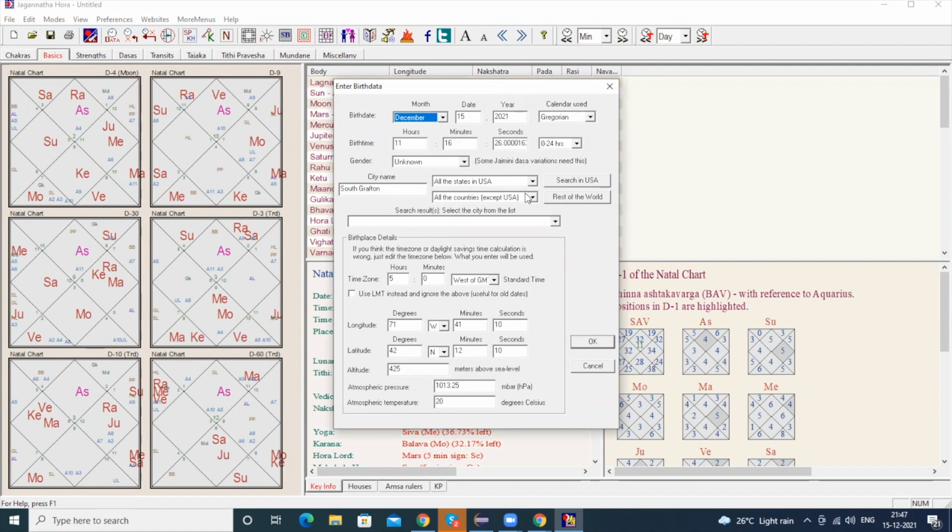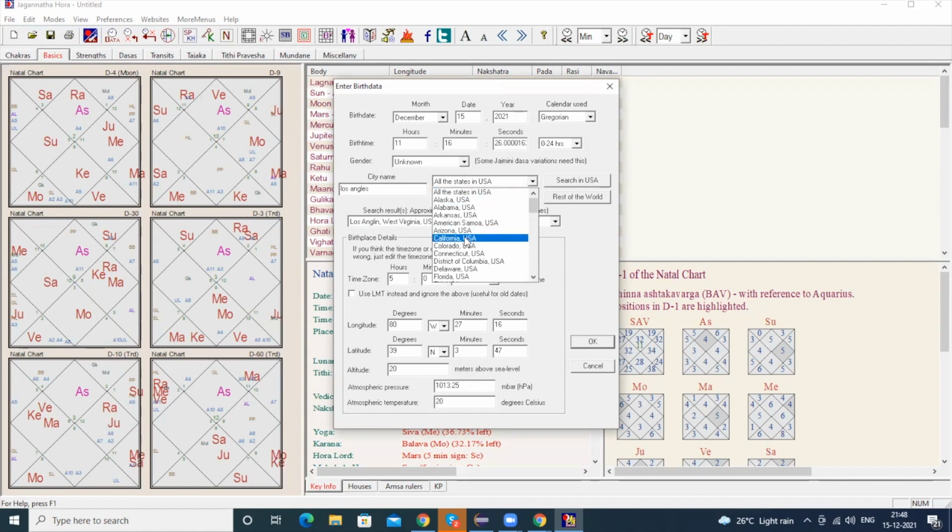So if you are born in the USA, you need to choose search in USA and then give the city name. For example, if you're born in Los Angeles, search in USA, Los Angeles. You need to check if it shows West Virginia; if it does, that's not right, so choose all states.